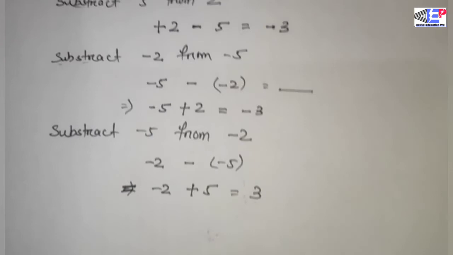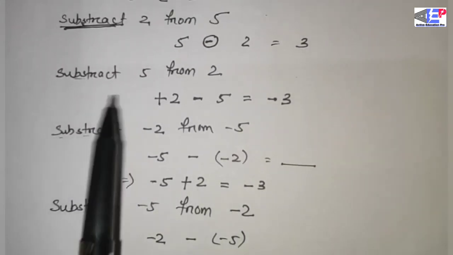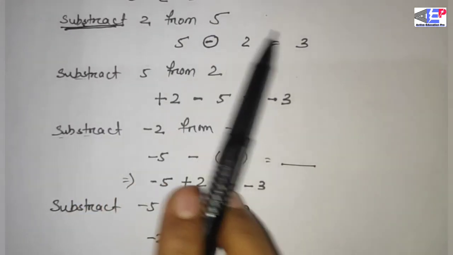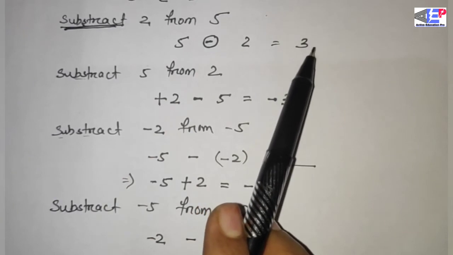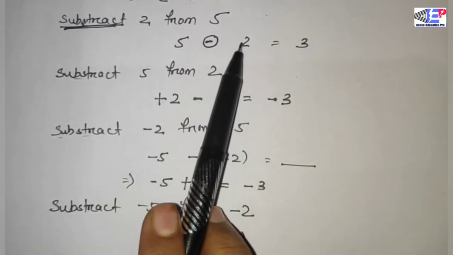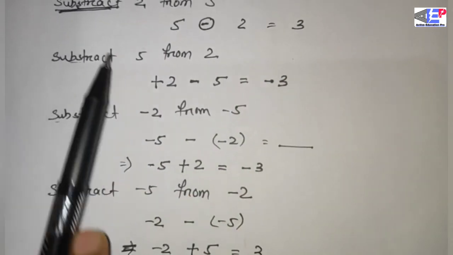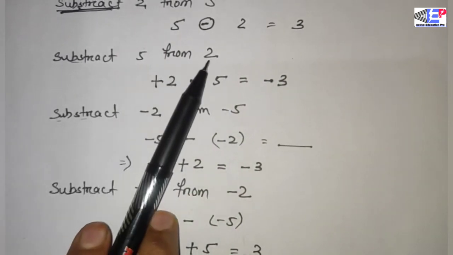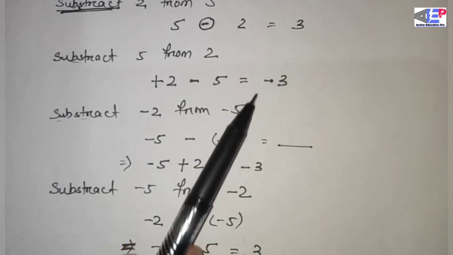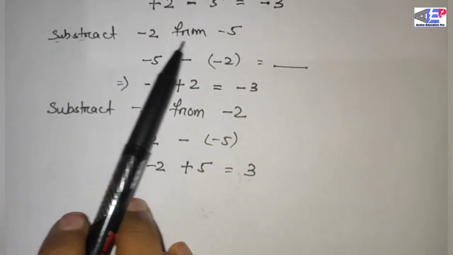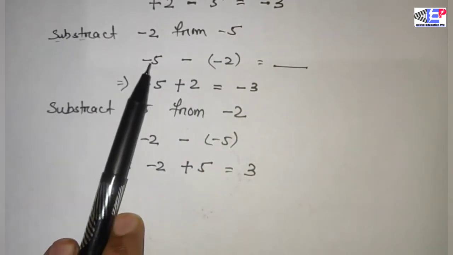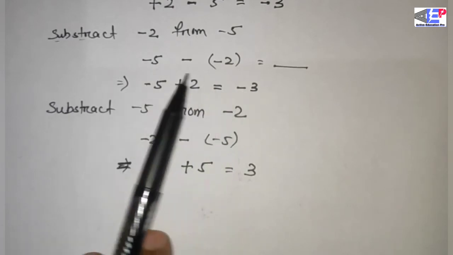So these are 4 cases. Look here, first subtract 2 from 5, answer is 3. It is simple, you know about this subtraction, you subtract a smaller number from a larger number, so it is a positive integer. Then I subtract a larger number from a smaller number, so the answer is a negative integer, minus 3. Then subtract a negative from a negative integer, so the answer is minus 3. And another